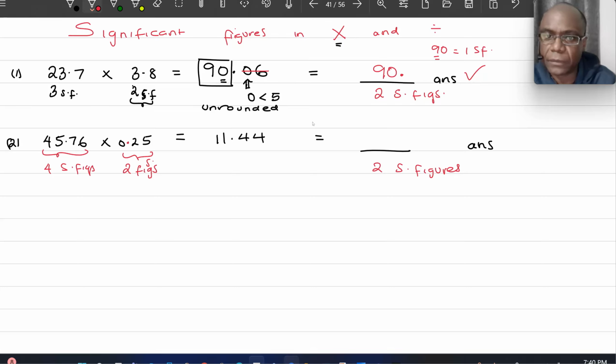Okay, so I look at my unrounded answer. These would have been my 2 significant figures, but I don't stop there. I go here, I see that 4 is less than 5, so I'll drop all these and the answer is just gonna be 11. We don't need to put 11 dot. Okay, now let's do some division. What if someone gave you 45.76 divided by